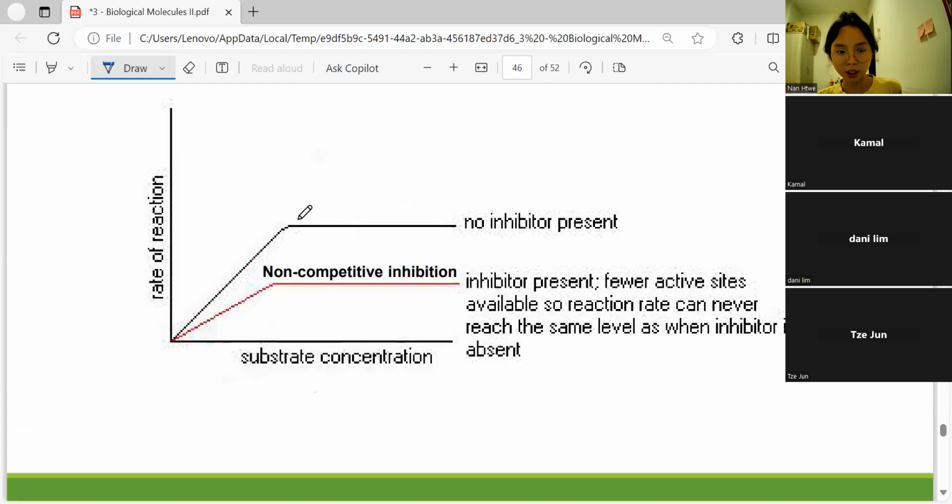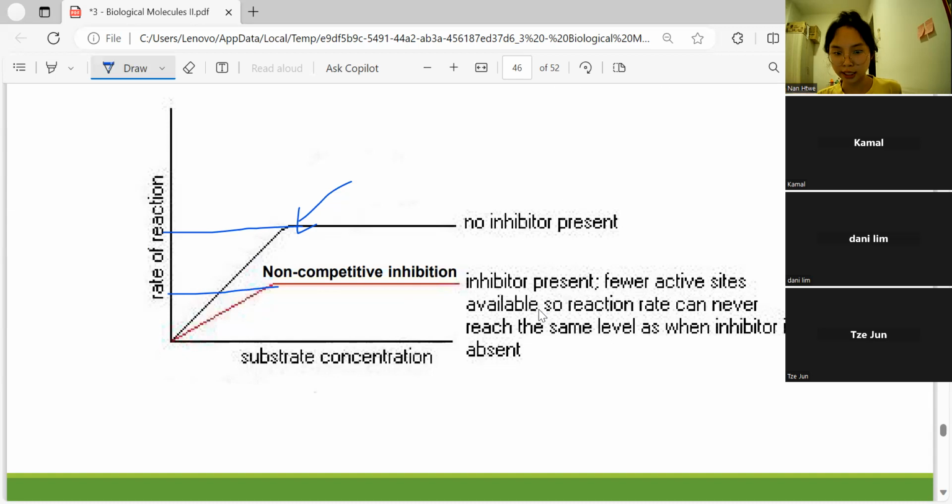Without the inhibitor, the maximum rate of reaction is this much. But with the non-competitive inhibitor, the maximum rate of reaction is this much. So as soon as the non-competitive inhibitor binds to the enzyme, the rate of reaction will no longer be at its normal rate. It will be reduced for sure. But let's look at